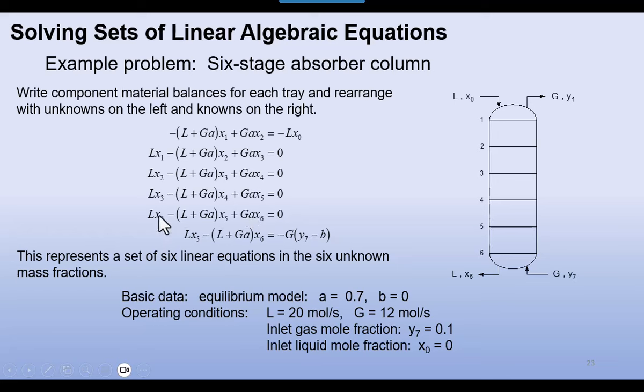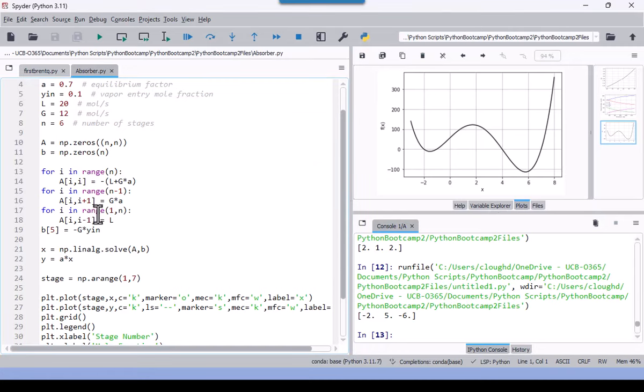Notice the L's over here, all right? And then we do a loop which sets the L equal to that diagonal on the matrix below the main diagonal. And then finally, we allow the B5, the last element of B, to be minus G times Y in. Now, coming back,